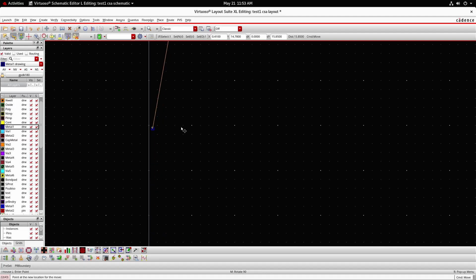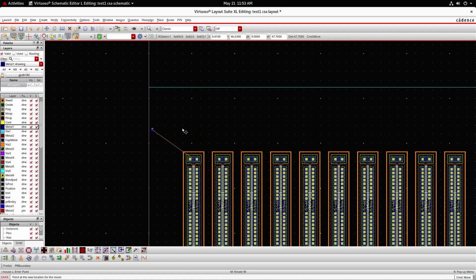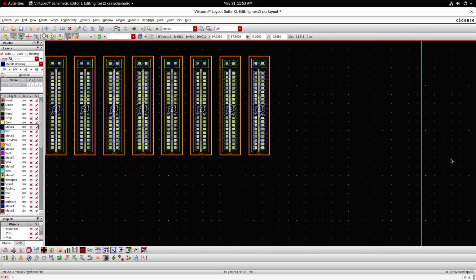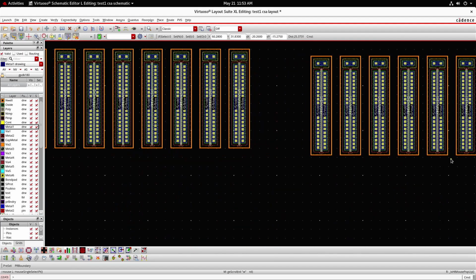Drag this and place it at the top of PMOS transistor and extend this by using P. Draw this through both the transistors' length so that we can connect all sources to VDD.